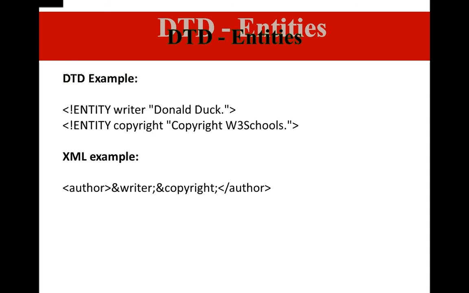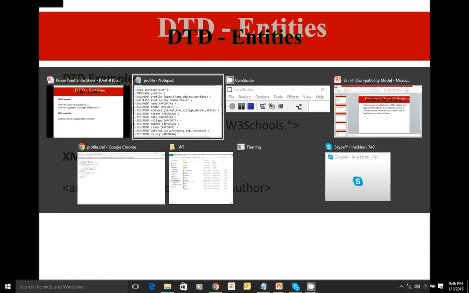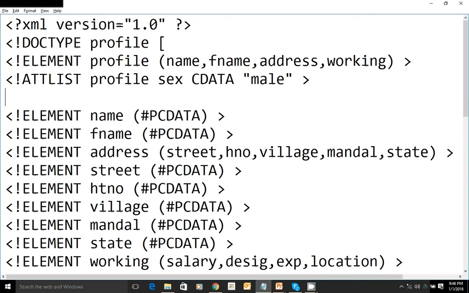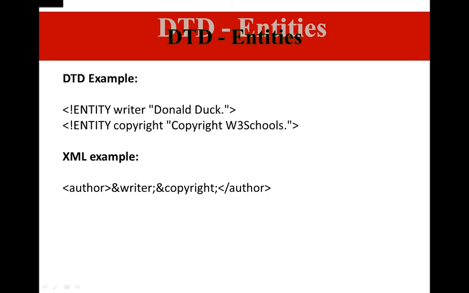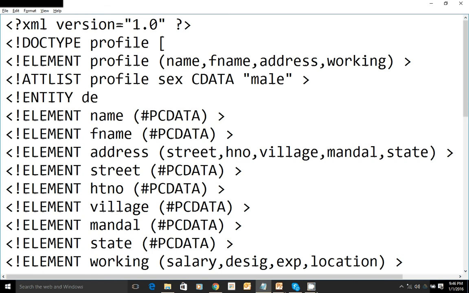And coming to the entities, we forgot to define the entity reference. So here is the best example for entity references. In your DTD, you can say ENTITY designation is professor, let's say.